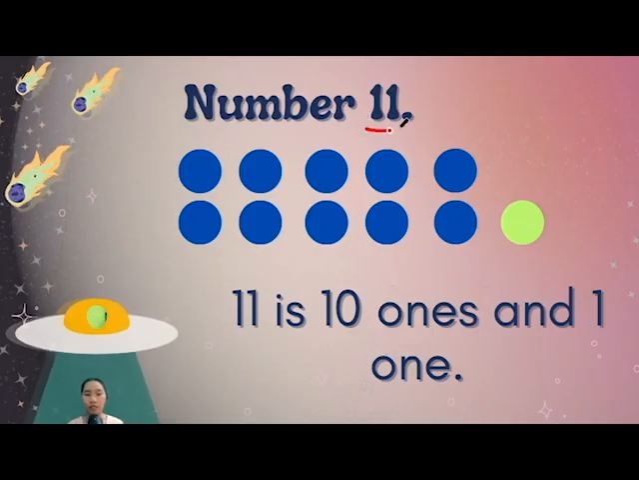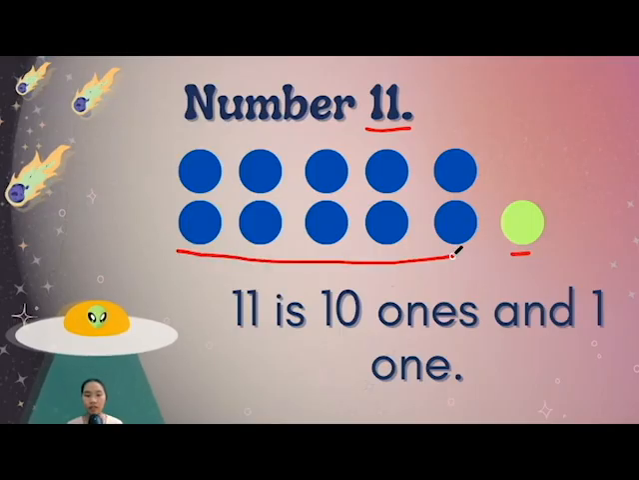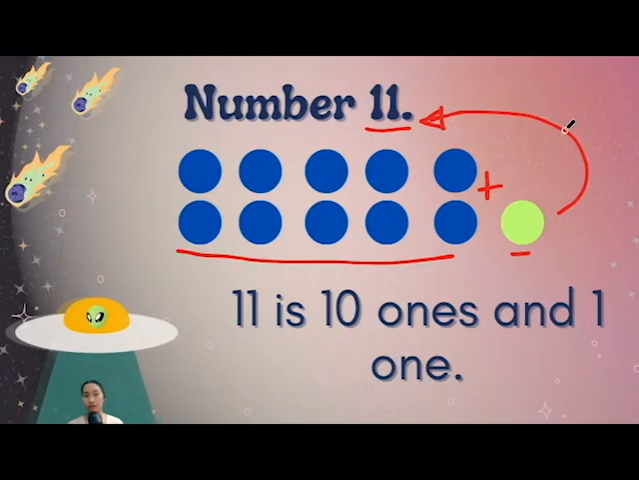Now, number 11, let's break it down. If you have a bunch of objects or circles in this case, the number 11 can be expressed as a group of 10 and 1. Okay, so we have 10 plus 1, and the sum of that is 11. And this applies to 12, 13, 14, 15, 16, so on and so forth until you reach the number